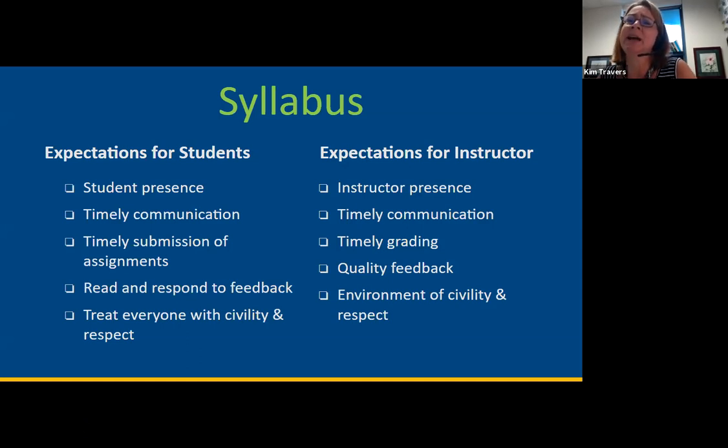The other thing that I really like about spending a lot of time on a syllabus is that, depending on what kind of LMS you're using, and we've switched over to Canvas, as I'm creating introductory modules within my courses, many of the pages for my introductory modules come right off of my syllabus. So I have a page that talks about my office hours, how to find me in my office, how to reach me on Zoom, how to reach me via email, when I respond, phone calls between 8 a.m. and 8 p.m. So a lot of my syllabus gets broken out into individual pages.